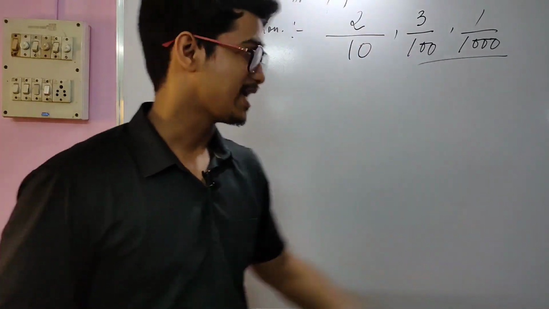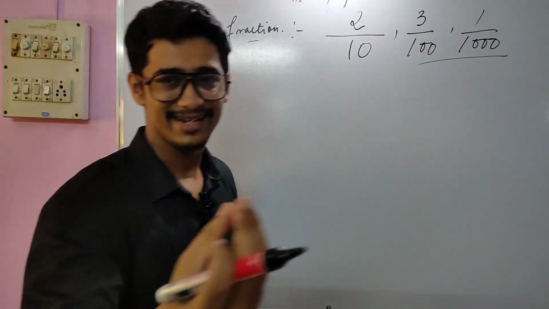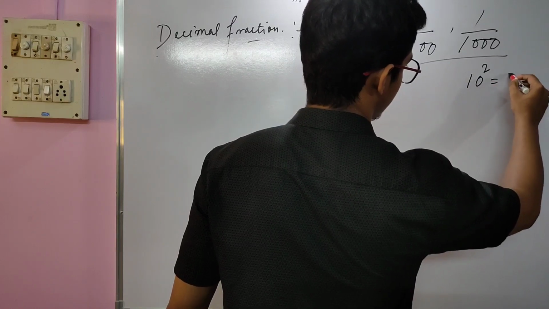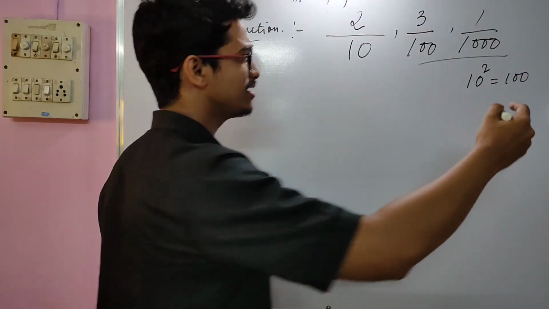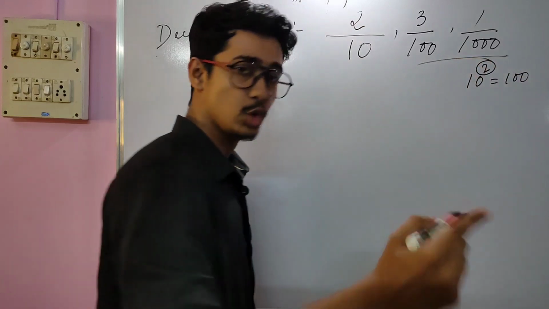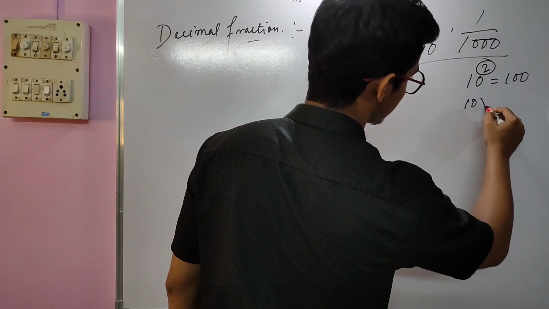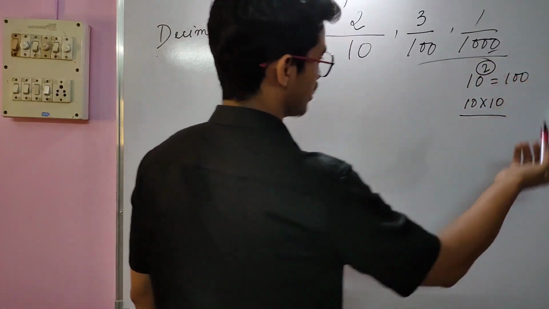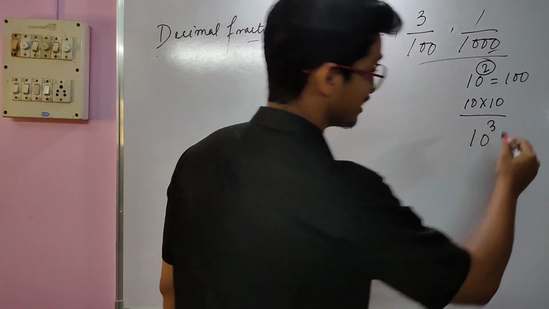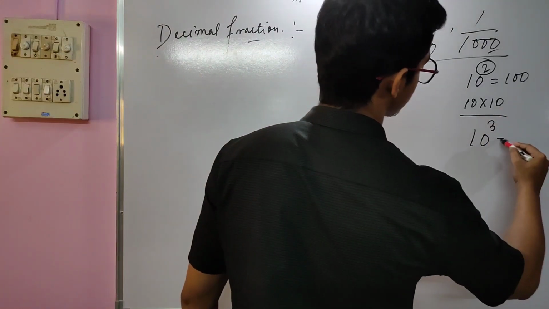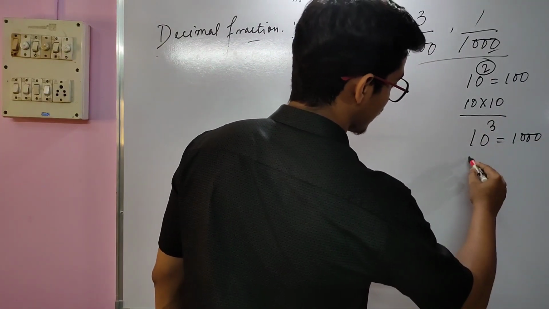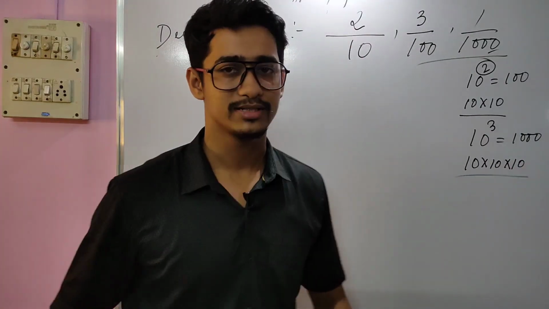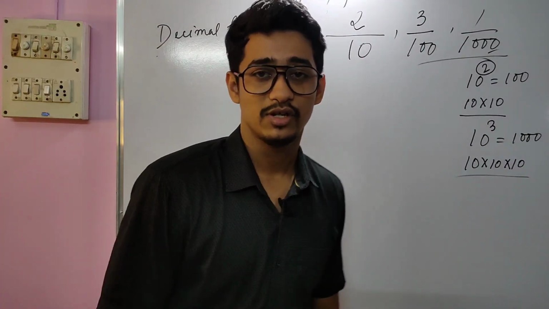So these are the examples of decimal fraction where the denominator must be a power of 10. So what is the power of 10? Basically it is just an extra note. You can say 10 to the power 2 is 100. How is 10 to the power 2 100? Because 10 is repeating 2 times. So repeating 2 times means 10 into 10, which is 100. So if I want to calculate 1000, how? 10 to the power 3. So 10 to the power 3 is 1000. How? 10 is repeating 3 times. Right? That is the extra knowledge that I guess will be beneficial for you as well.